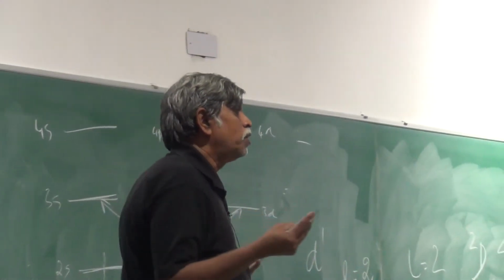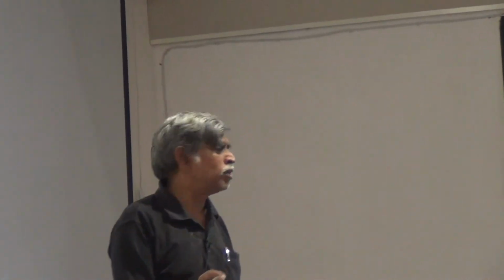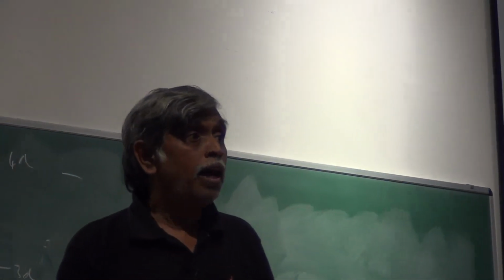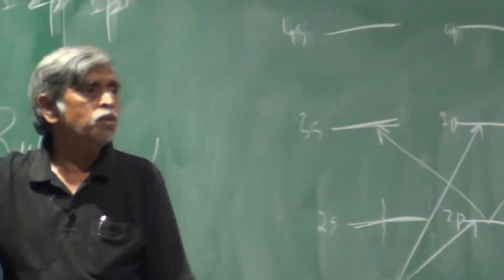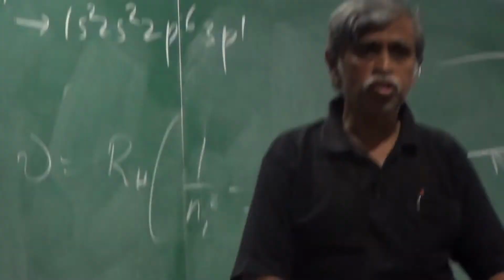So I'm cheating you because I haven't told you the selection rules on J yet. But you have already looked at selection rules of J to some extent. We have looked at diatomics, homonuclear diatomics, heteronuclear diatomics, and so on. And we know what sort of selection rules there are depending on whether it is Raman or infrared and so on. When we get back, we will look at the selection rules on J. And then, without even telling you the selection rules on J, I simply threw a surprise at you saying that this has to be a doublet. We will come back and look at the selection rules on J.